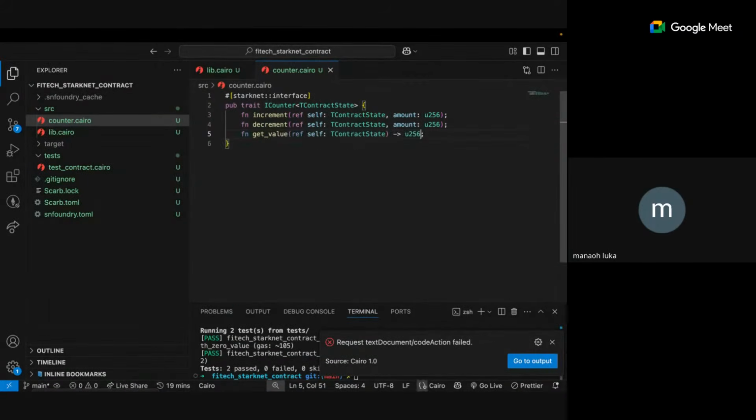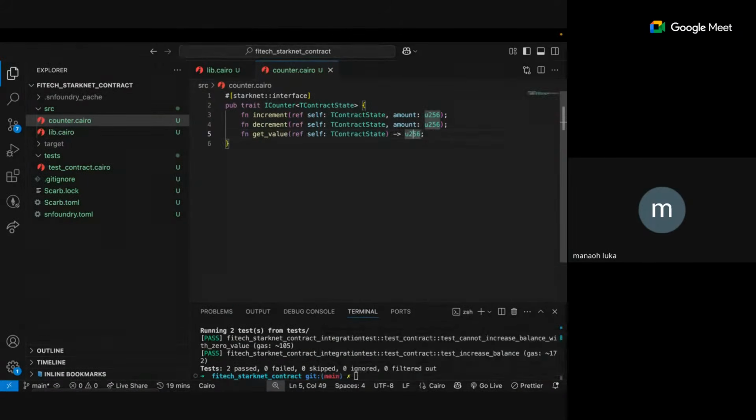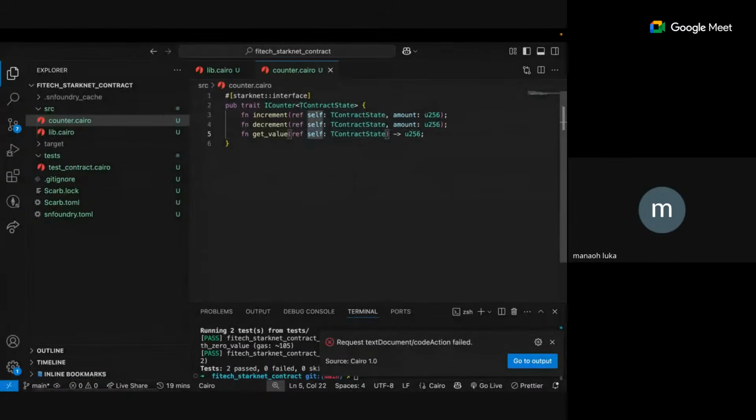But this time around, get value is a read function. So increment and decrement are write functions. That's why, first and foremost, we are referencing the state using ref self. But if it is a read function, we are not going to be referencing. All we are going to be doing is taking the snapshot of the state. So to take a snapshot, we are going to be using the at